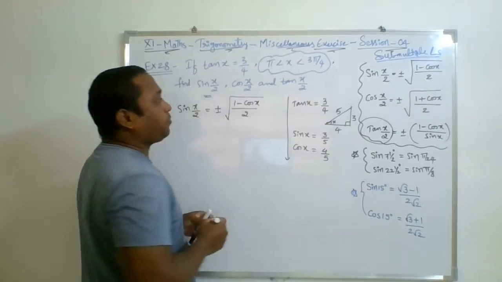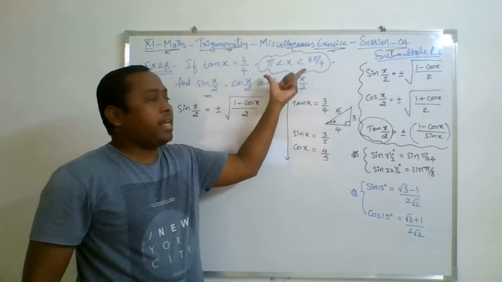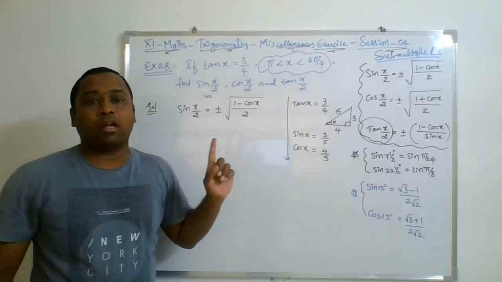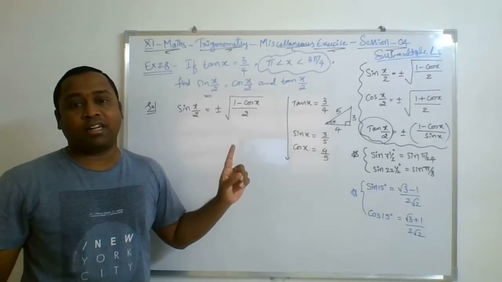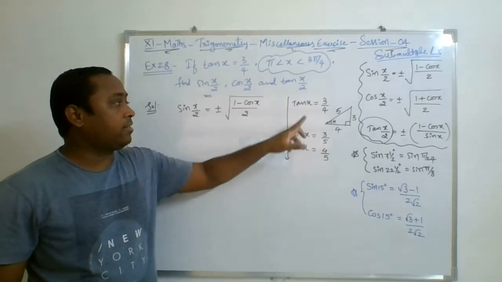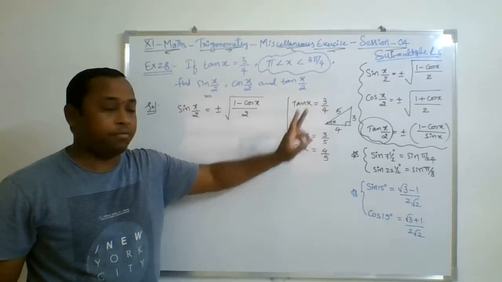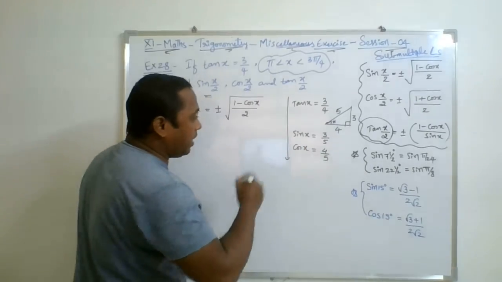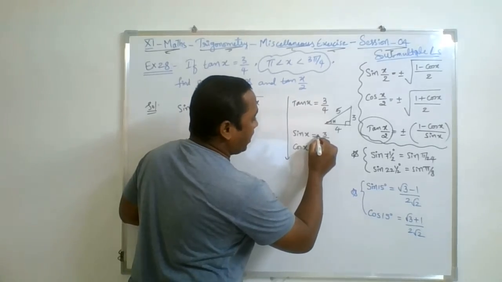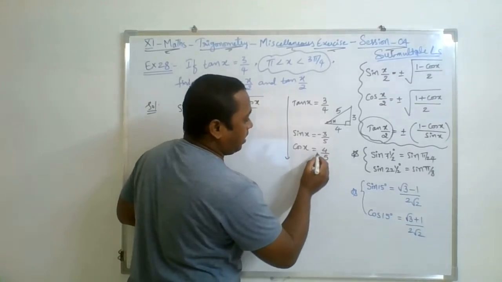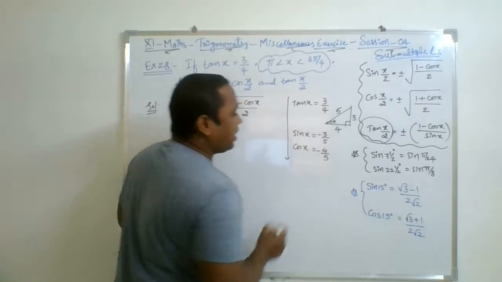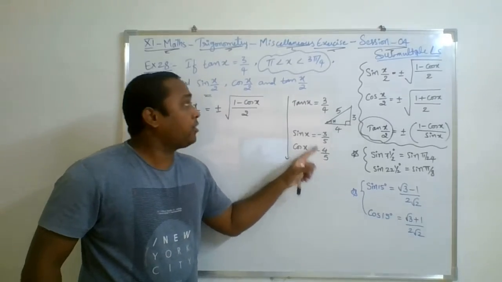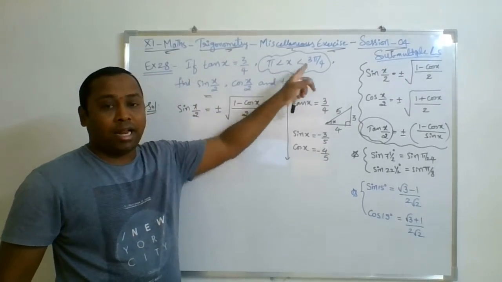But again, remember, you are dealing with an angle which lies in the third quadrant, which is the most important aspect of the question. If this angle lies within the third quadrant, only tan and cot are positive, and all the rest of the trigonometric ratios are negative. Hence, tan x value is positive, but sin x and cos x are negative. Hence, you should be very careful about their sign. Sin x value is minus 3 by 5, cos x value is minus 4 by 5. So this sign is according to the angle where it lies.